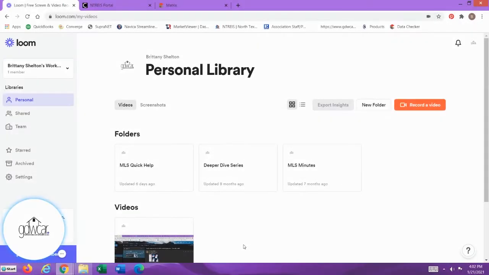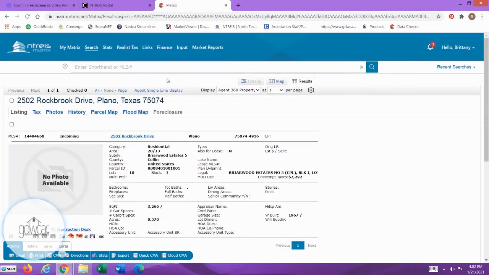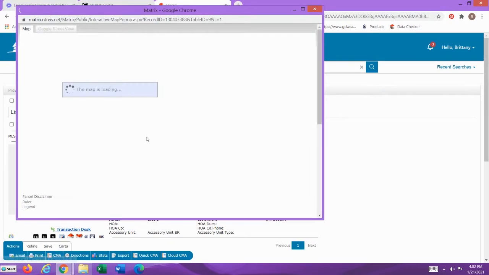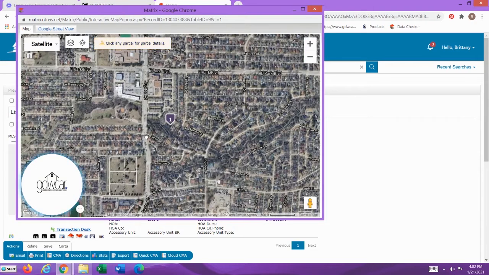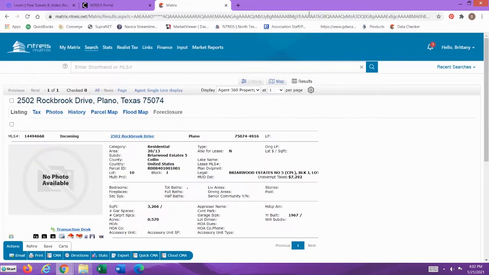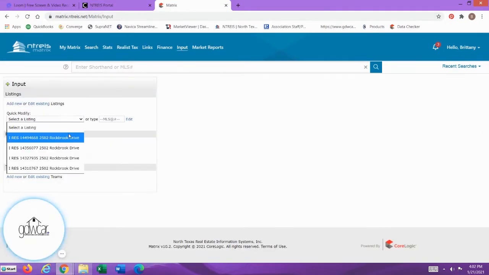You need to learn how to reset your map? Well, let me show you how. All right, so we are on our listing and we happen to check the map to see if our pin is where it needs to be. It's not. So what you would do next is go to Input, go into your listing,